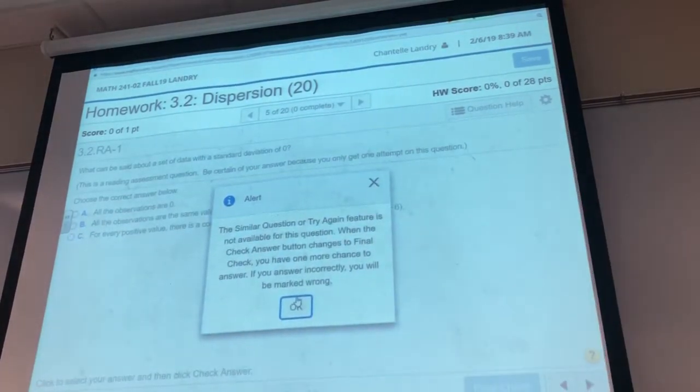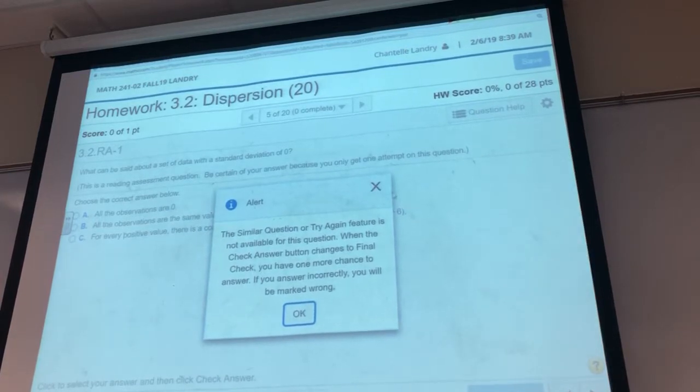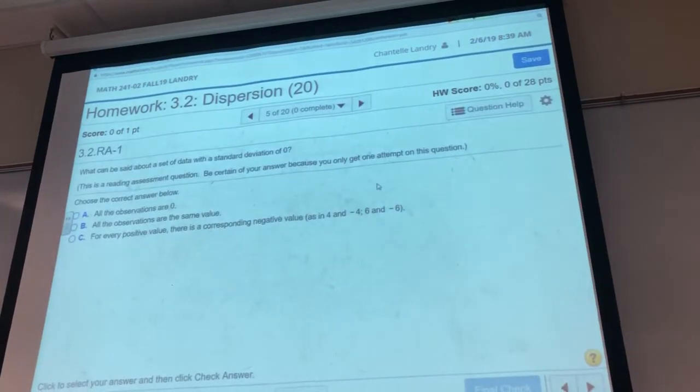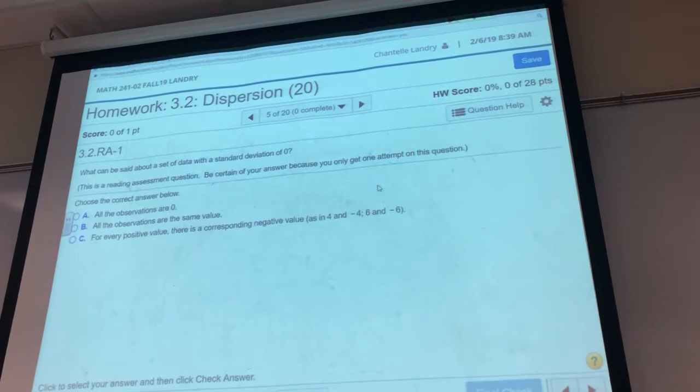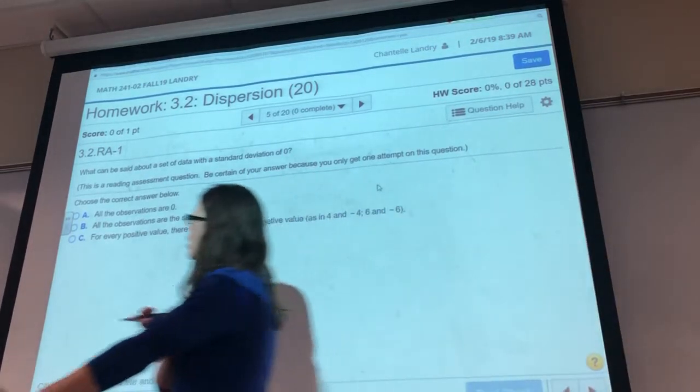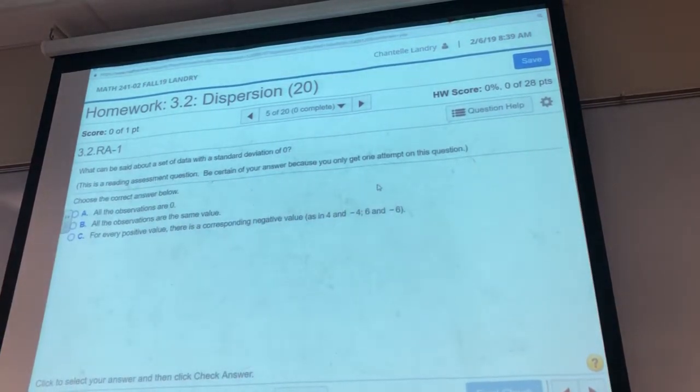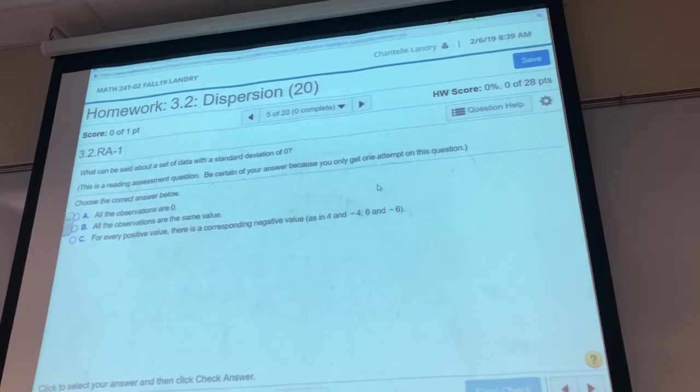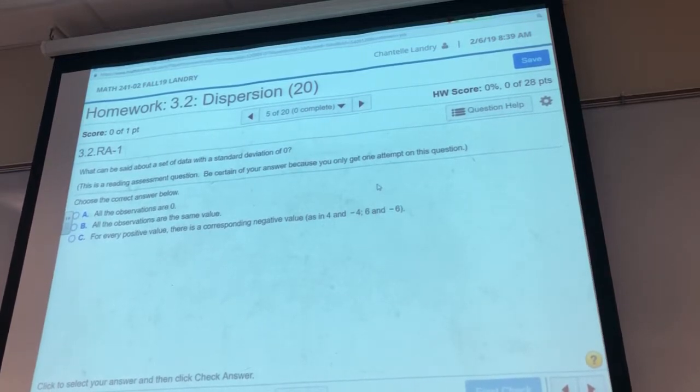Talk about this in the notes, so I wanted to go over it together. It says, what can be said about a set of data with a standard deviation of 0? Anytime you do the standard deviation, it's going to come up to be either 0 or positive. You can't ever get a negative standard deviation. But remember, it's measuring how spread out something is. If your standard deviation equals 0, what that means is your